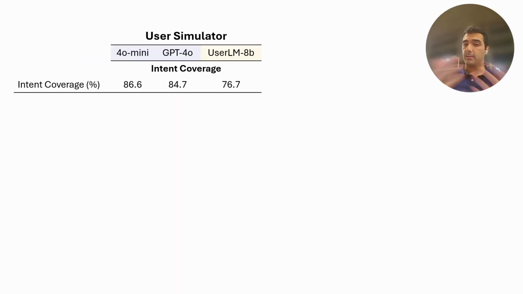And so we ran these simulations, and that's what we studied through metrics. The first thing that we see is that the three simulators reveal about as much of the original task intent, with user LM revealing a little bit less, but that's not statistically significant. They mostly reveal about the same amount of information from the task intent, which is a good sign.